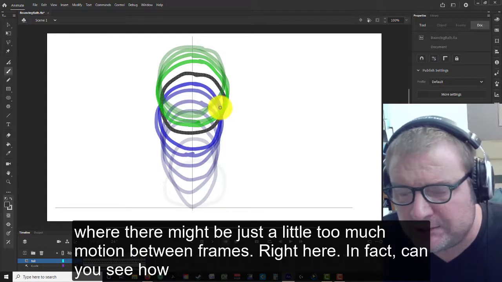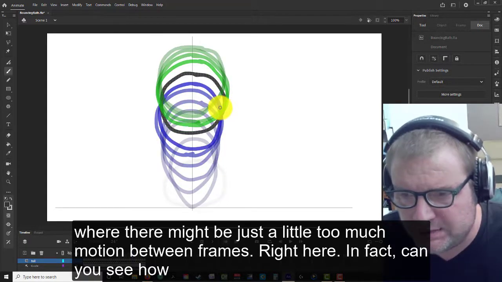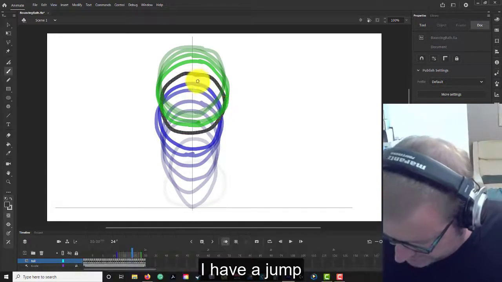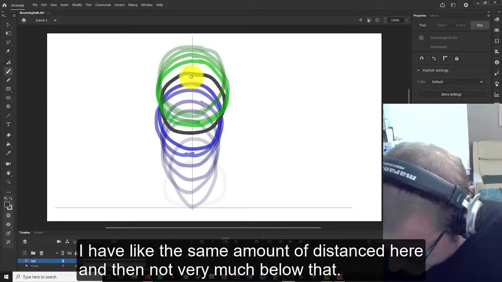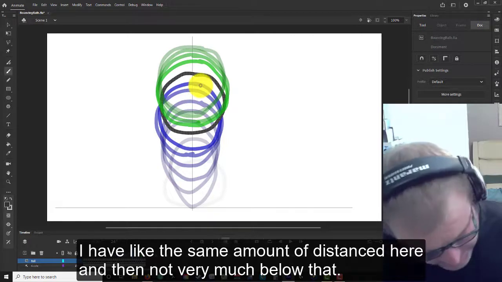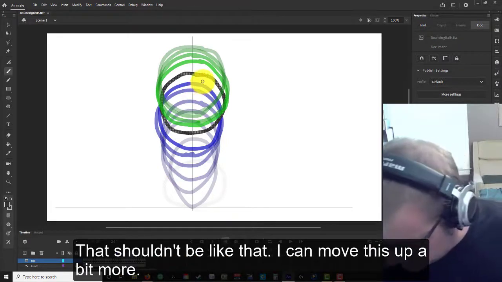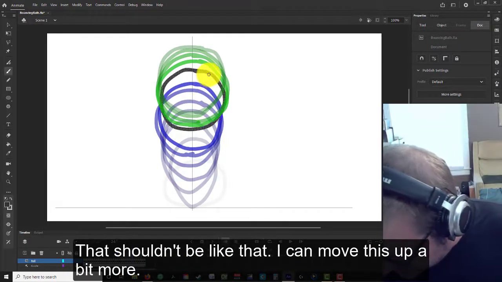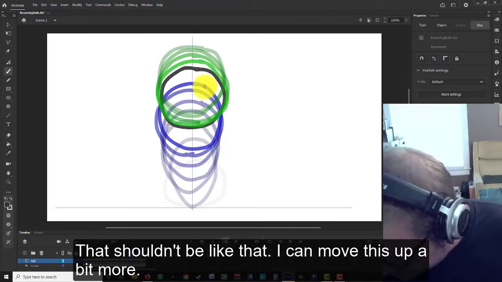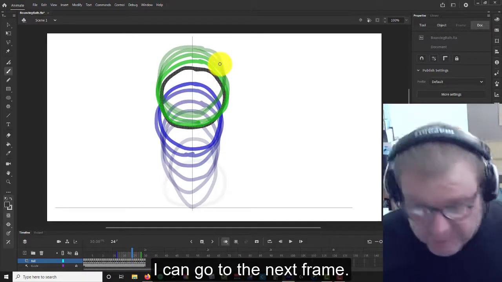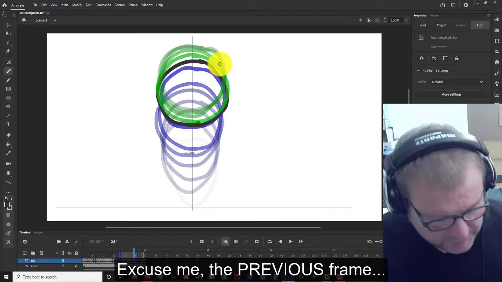So right here, in fact, can you see how I have the same amount of distance here and then not very much below that? That shouldn't be like that. So what I can do is I can move this up a bit more, and then I can go to the next frame, or sorry, the previous frame,